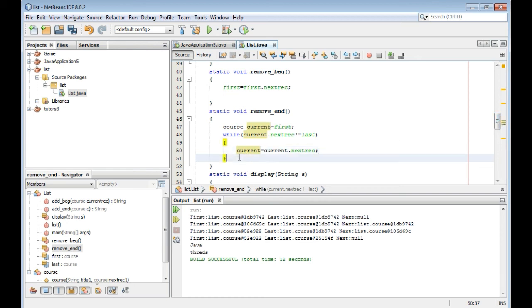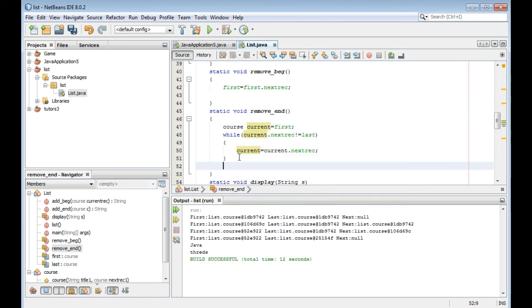We have a while loop, and in the while we have current.next is not equal to last.